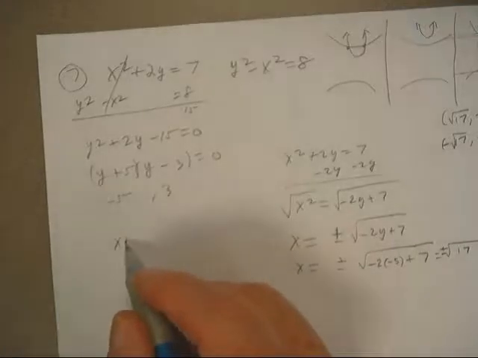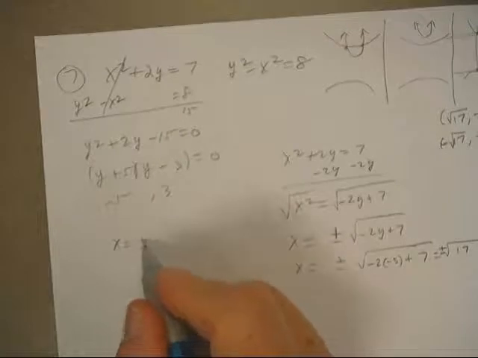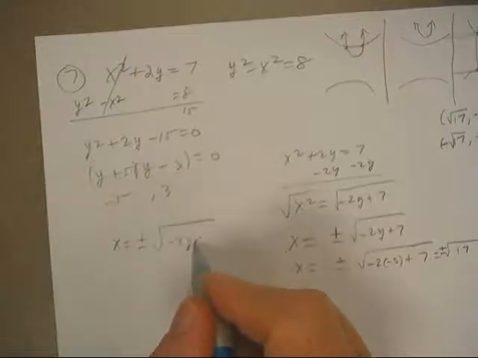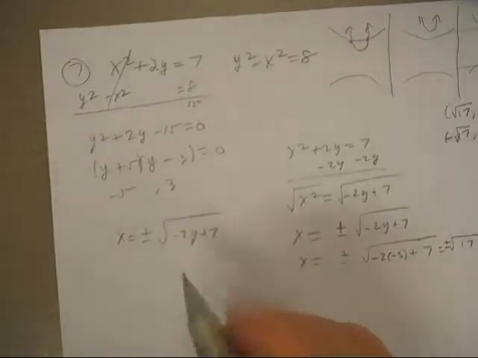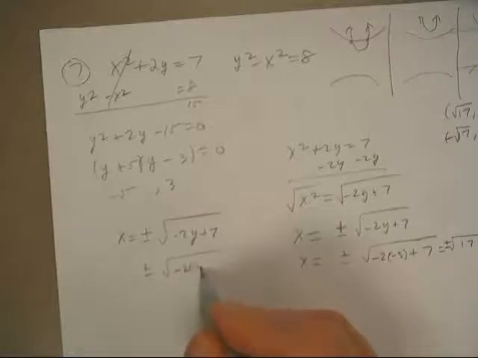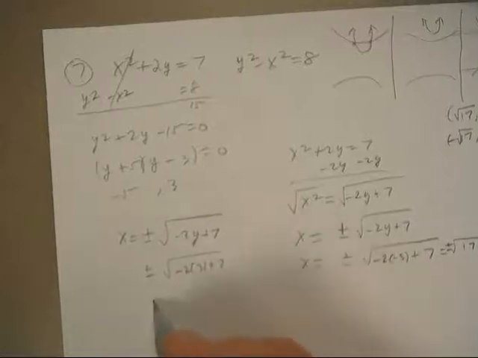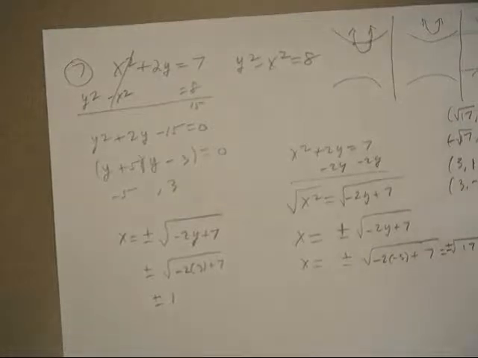So I can take x equals plus or minus negative 2y plus 7. And now I need to put 3 in there. Okay, so I got plus or minus negative 2 times 3 plus 7. Well, that's plus or minus 1, because this is negative 6. So I've got 3, 1, and I've got 3, negative 1. So I had 4 answers